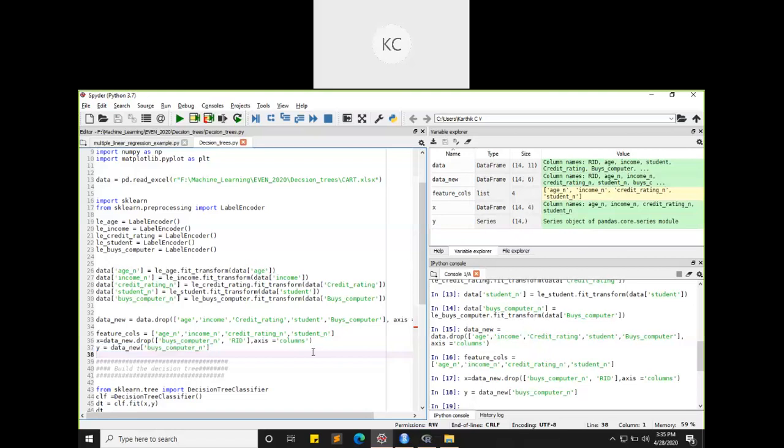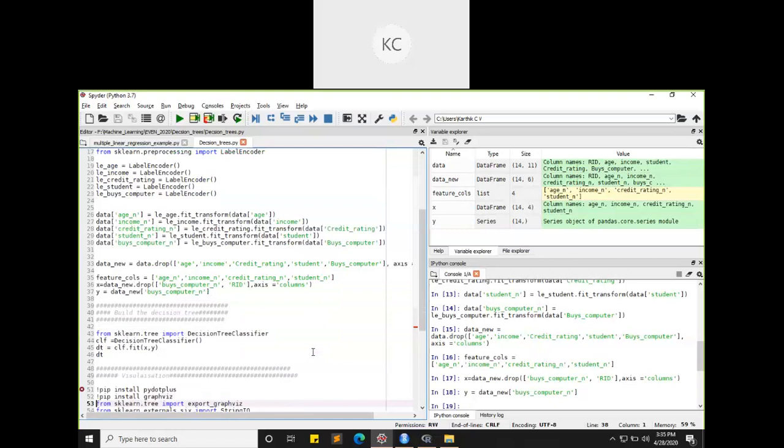Generally after this step, we'll generate a training data set and a testing data set. But here I have only 14 entries, so with only 14 entries, I cannot generate a training and testing data set. I have a very limited amount of data. So I'll generate the decision tree using the entire data set. For that, we already have a function called decision tree classifier, which will develop the decision tree.